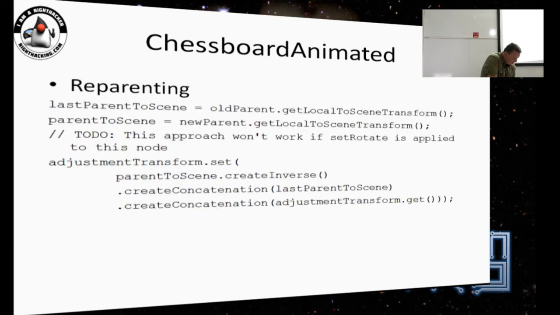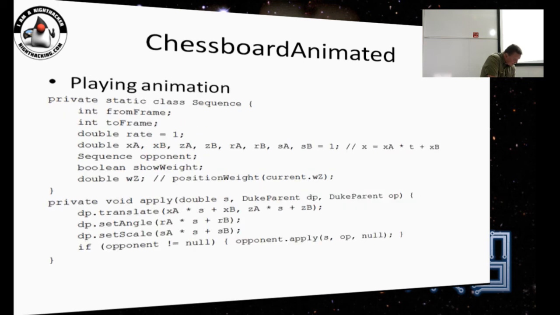So, yeah, covered this, and this is what I've covered already. To play the whole animation when Duke starts walking, then walks, fights another piece, and then stands back in the original frame, it is all covered in this object called sequence.